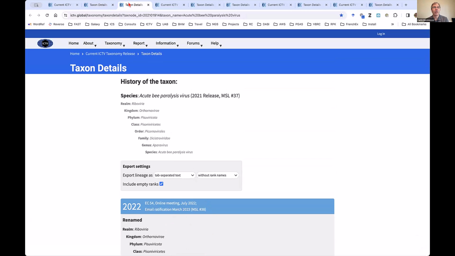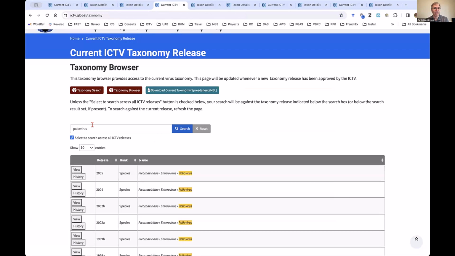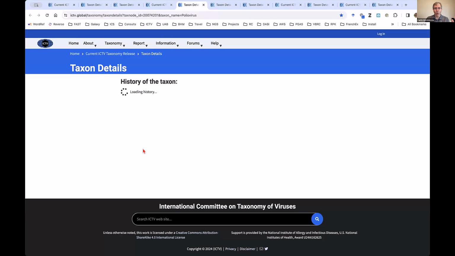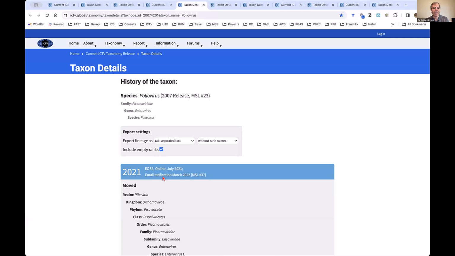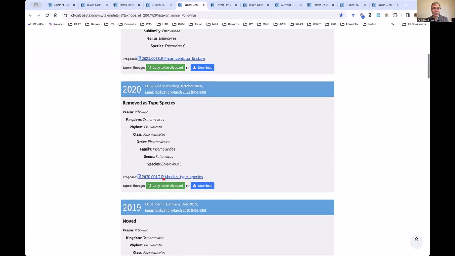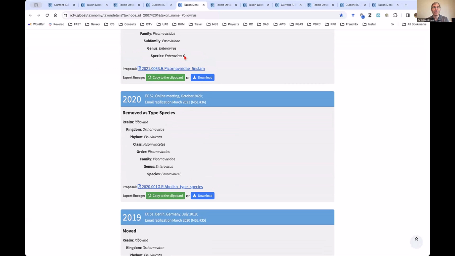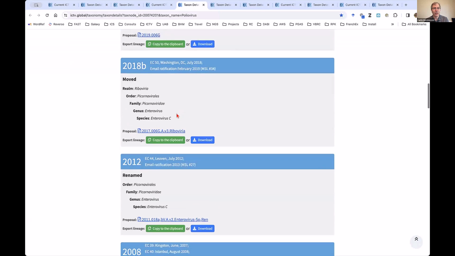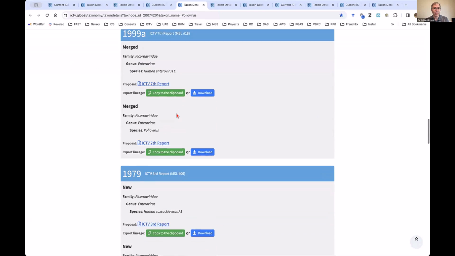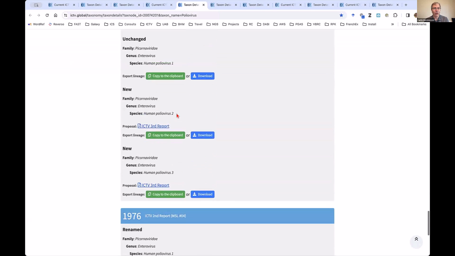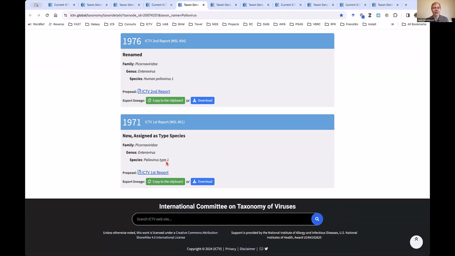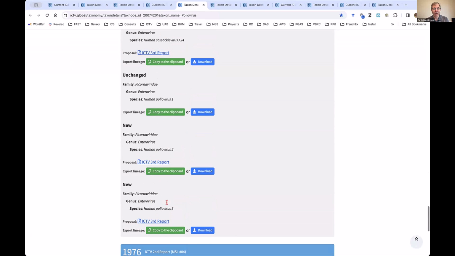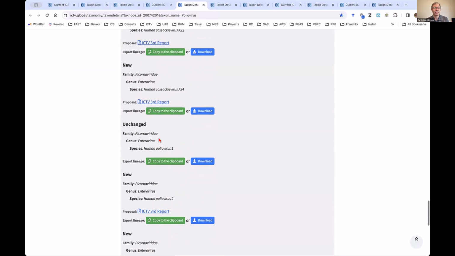One of the other examples, let's see, poliovirus was another example that we did where it disappeared in 2005. So when we go to see the history on that one, the question is, well, why doesn't it show up after 2005? Now, this one is a little bit more complicated. It currently is called enterovirus C, pardon the pronunciation. But this history was a little bit more complicated in that when we go all the way back, we had poliovirus type 1,